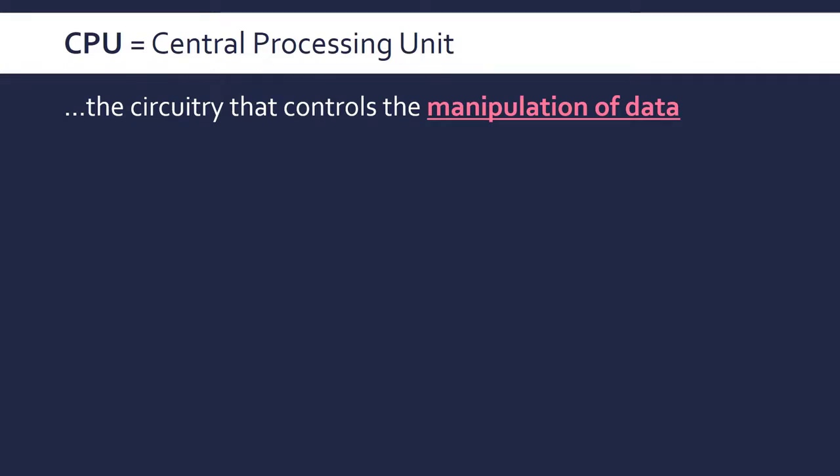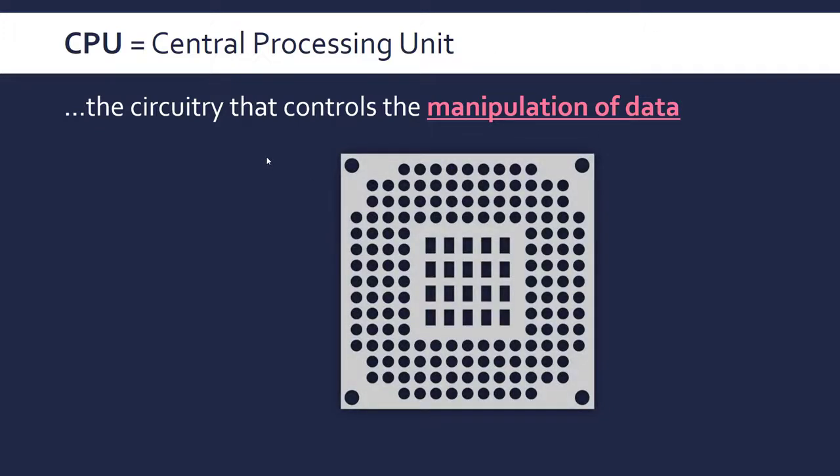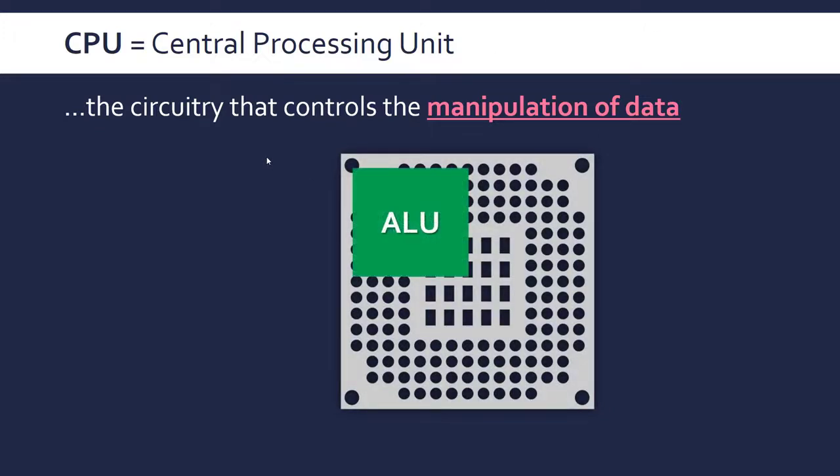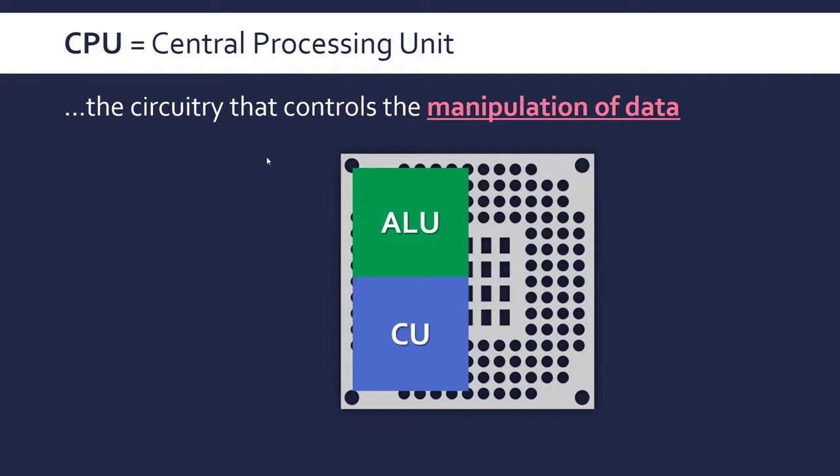And it's worth pointing out that in a computer there are potentially several processors. Not only can you have multi-core CPUs, where you have kind of like several CPUs within a CPU, if that makes sense. We'll look at that a bit later. But you can also have processors in things like graphics cards and sound cards. So processor is kind of like a general term, but it is used interchangeably with CPU, just bear that in mind. But to start off, let's just break it down into three components: the ALU, the control unit, the CU,